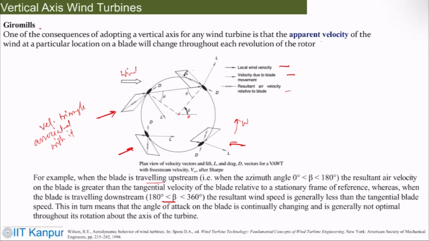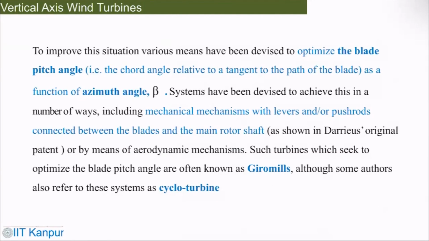So which in turn means that the blade is continuously changing the angle of attack, and obviously it may not be optimal throughout the rotation about the axis of the turbine. So how to improve the situation? To improve the situation, there are various ways that have been tried to optimize the blade pitch angle,